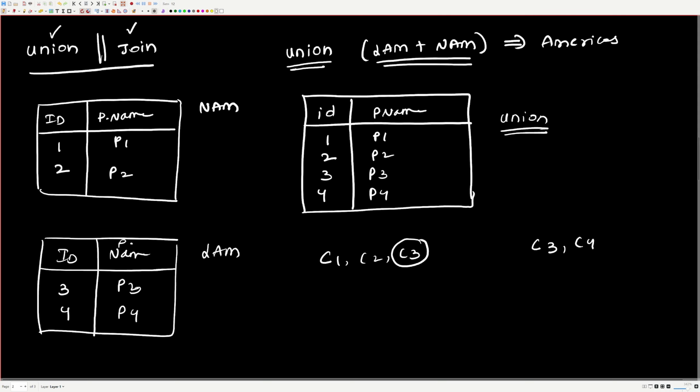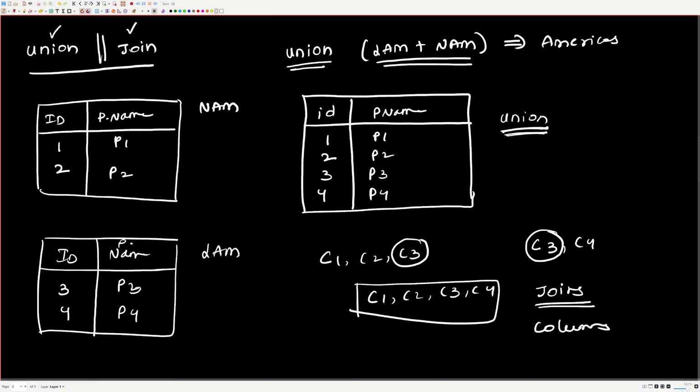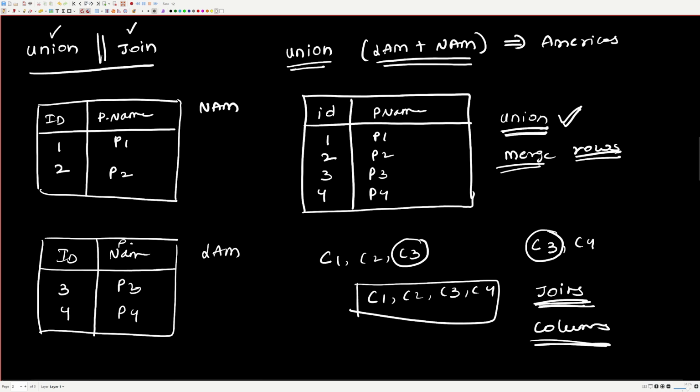Using these, you will bring it as C1, C2, C3, C4. So basically joins are used to join the columns. Unions are used to merge the rows one below the other. Union is used to merge the rows. Joins are used to combine the columns.